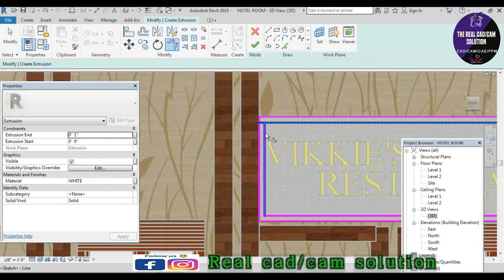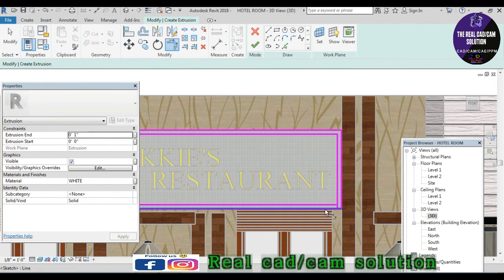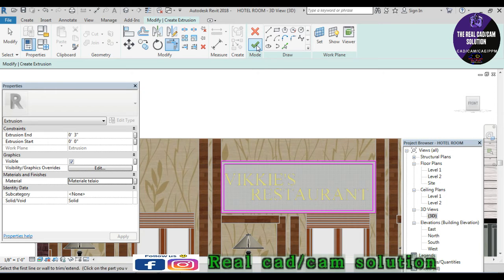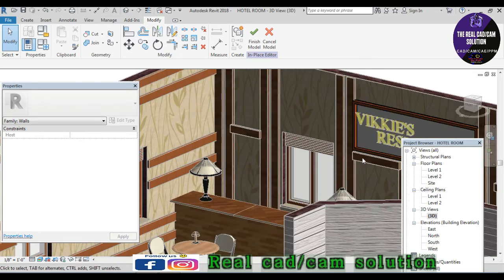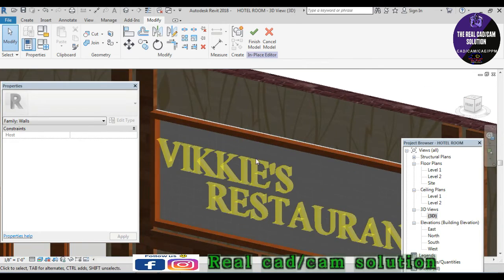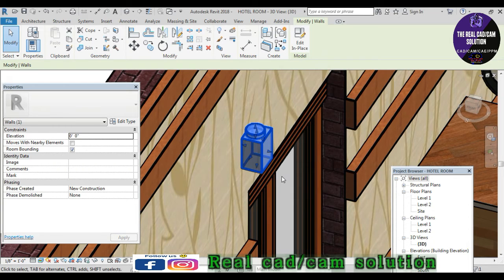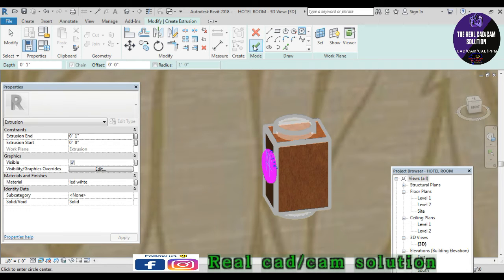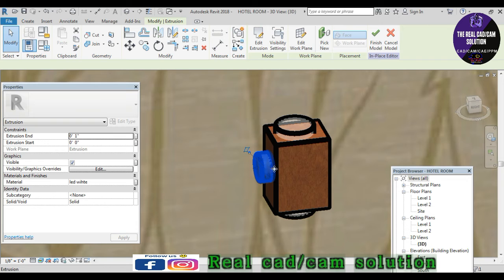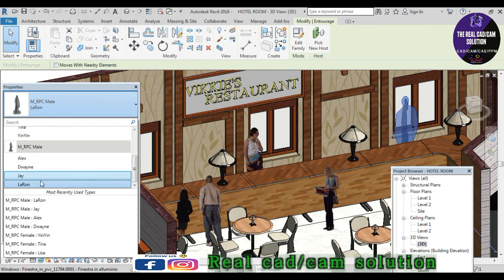And go to the frame of the letters towards the outer section. Just trim like this and give the material also, wood, because the reflectivity looks great to view, because the rendering is a must, that's why I choose this. And go to the wall lights also. These wall lights are on a four-side reflectivity area, that's why I choose this light. And go to reflectivity and extract this one.